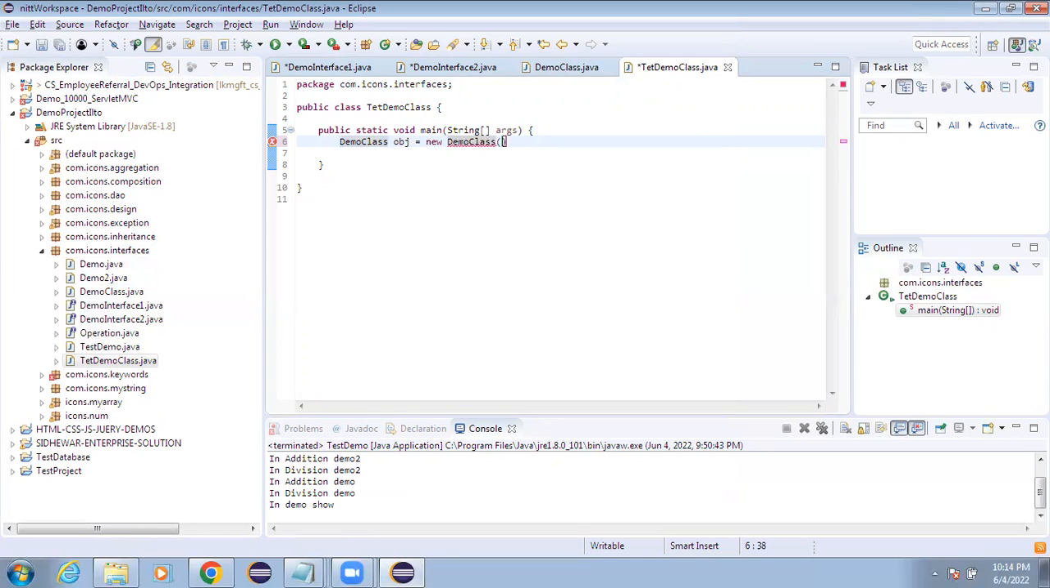So I have created only one object of this class, demo class obj new, and by using that one we can call the methods, but that is static binding, and I don't want to use that. So I will create a demo